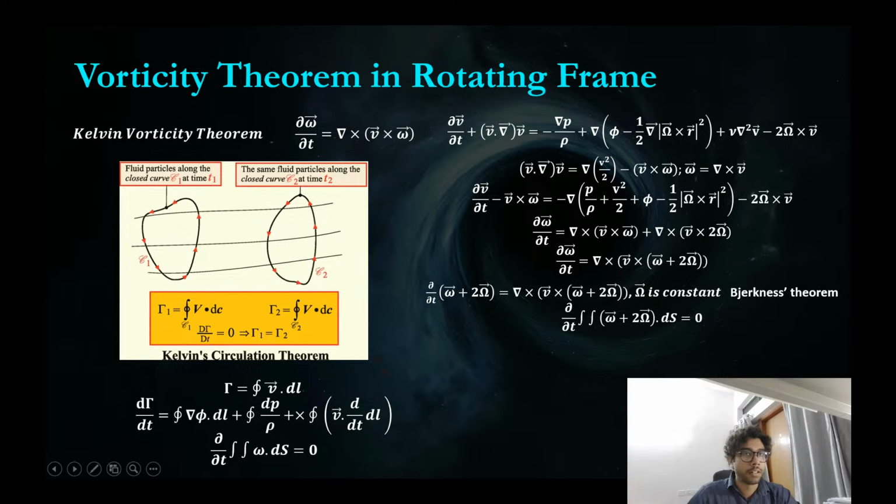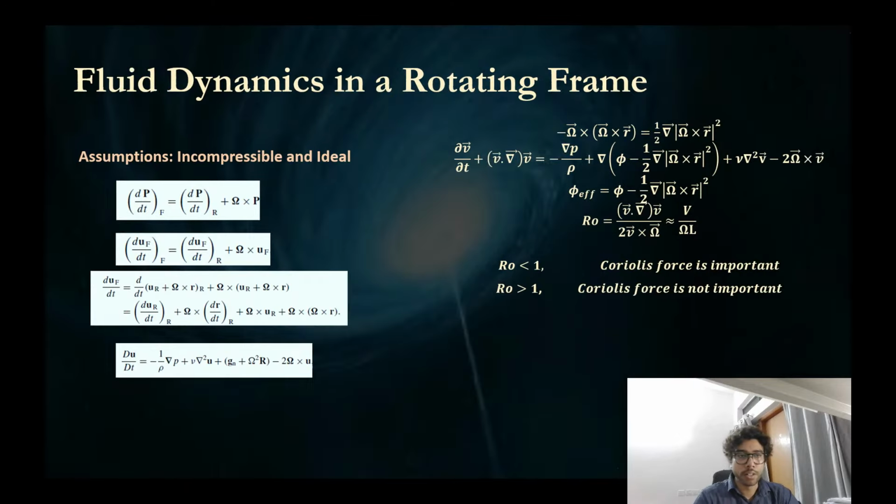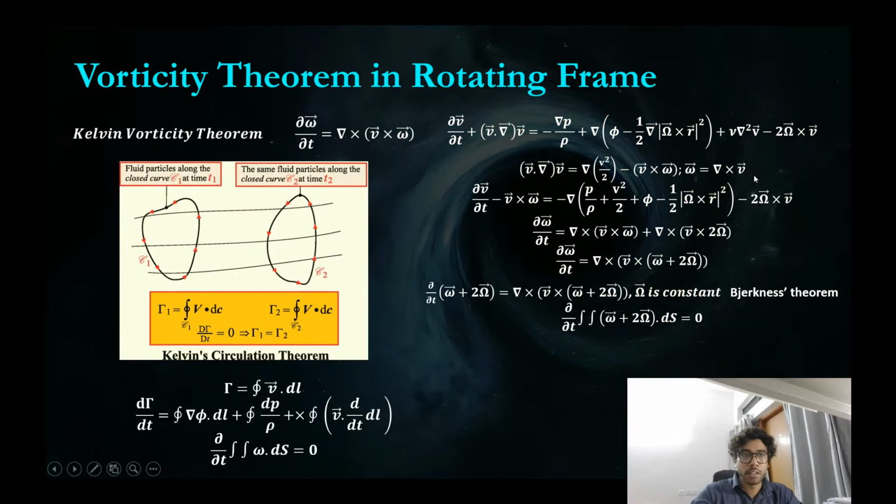Right? So if you remember, this equation is just by taking curl of the Euler's equation. If you just take curl of this equation, curl of v is omega, and this curl of gradient will vanish, right? So therefore, we are left with only